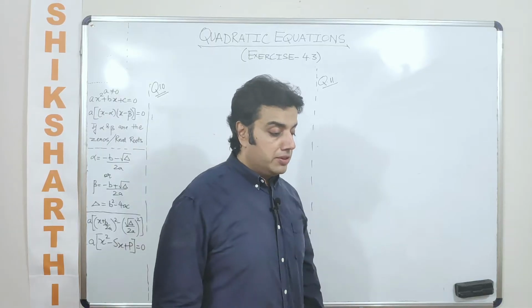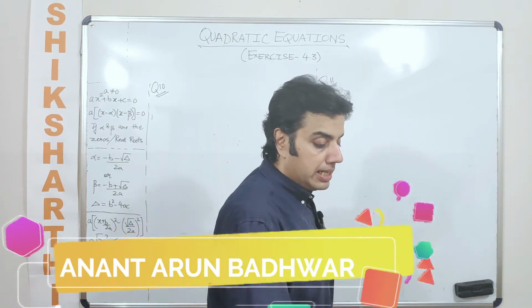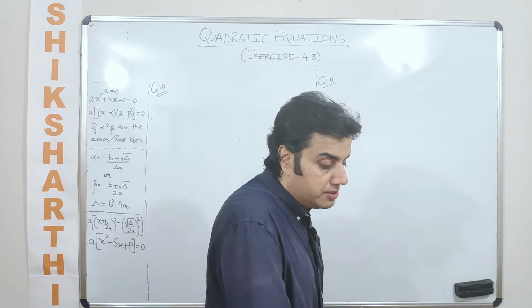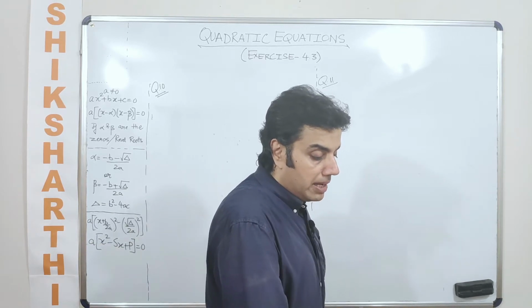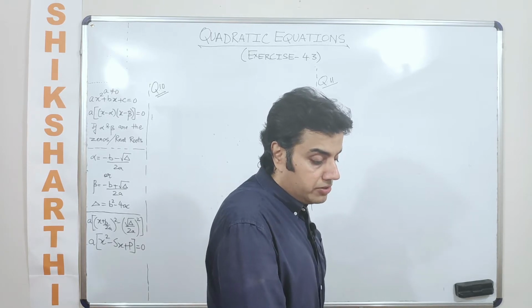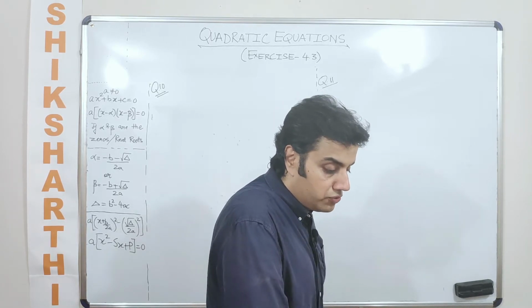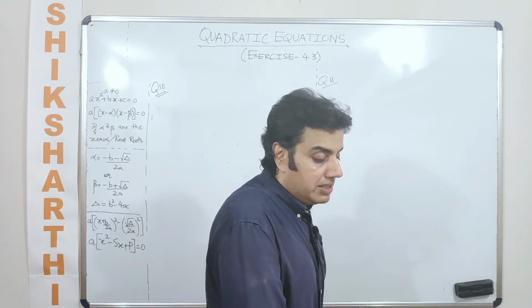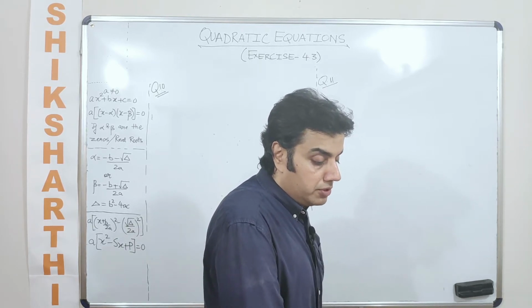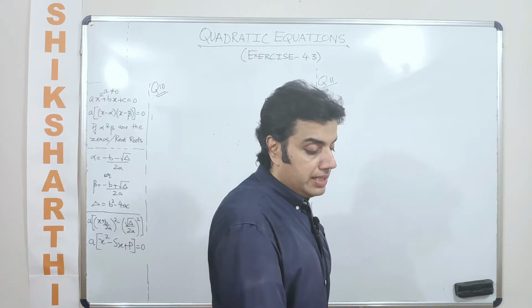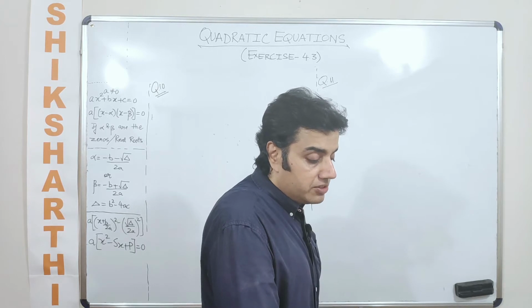So in question number 10, an express train takes 1 hour less than a passenger train to travel 132 kilometers between Mysore and Bangalore, without taking into consideration the time they stop at the intermediate stations. If the average speed of the express train is 11 km per hour more than that of the passenger train, find the average speed of the two trains. Okay, the express train takes 1 hour less than a passenger train